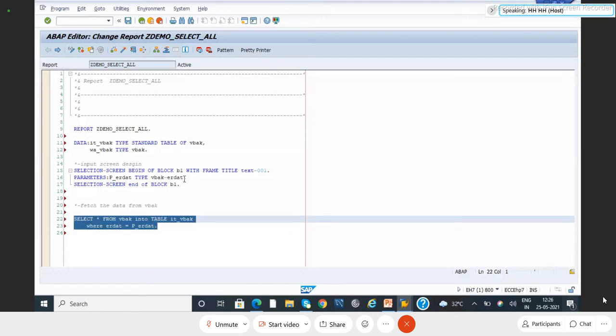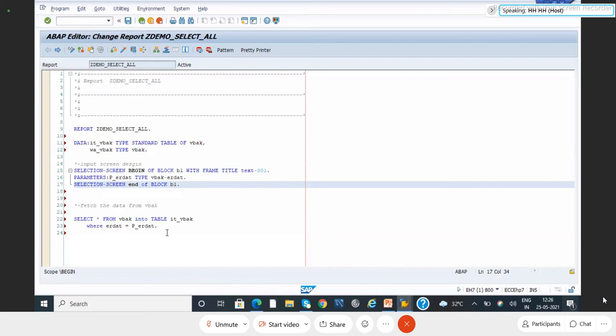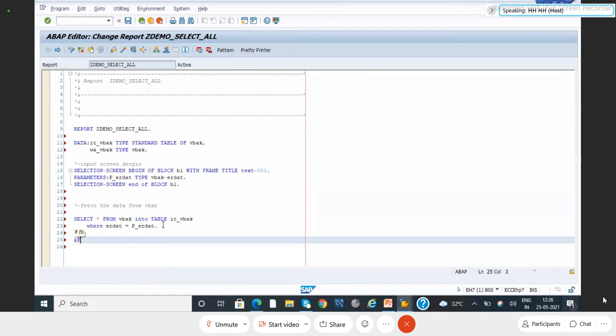This is my SQL statement, select star. That was selection screen related. Whenever you are using any SQL statement, the result will be success or failure. We can understand that by using the sy-subrc statement. If sy-subrc is equal to 0, that is success. If the value is 1, 2, 3 or 4, I mean simply if sy-subrc is not equal to 0, that is called failure.